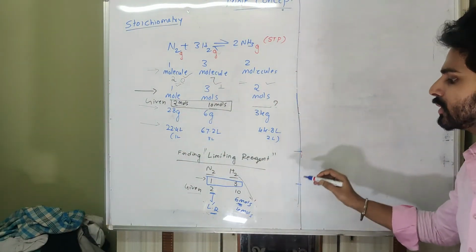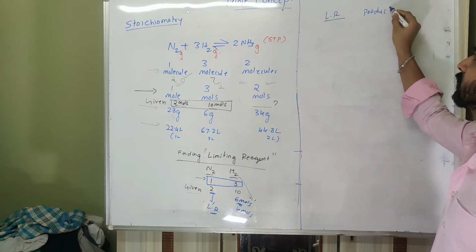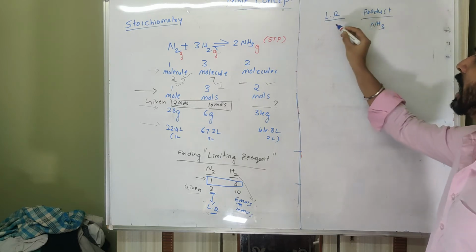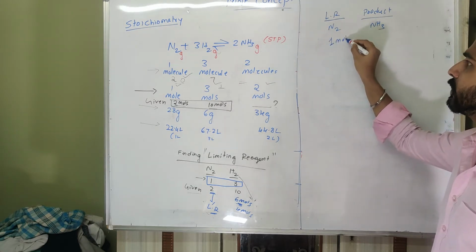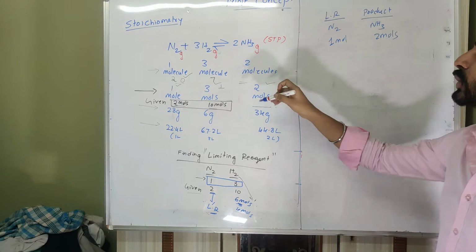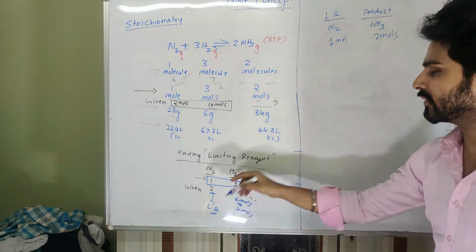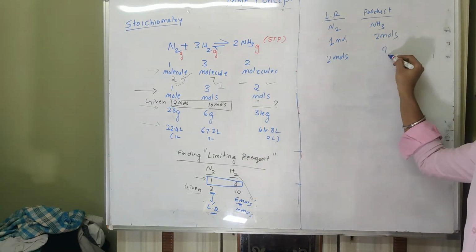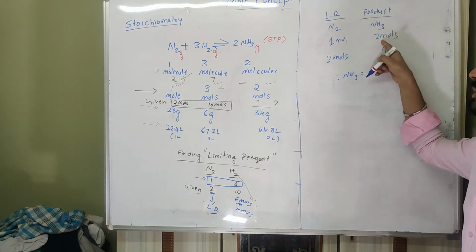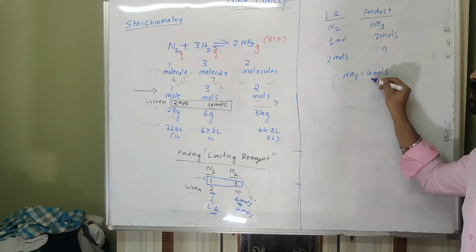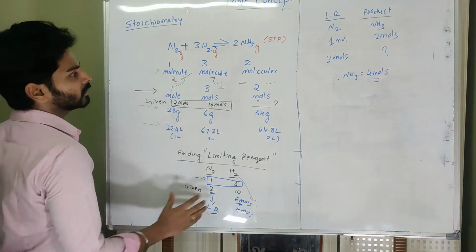Once you know the limiting reagent, next we compare the limiting reagent with the product. Here they asked for the amount of ammonia formed, and the limiting reagent came out to be nitrogen. The stoichiometric ratio says that 1 mole of nitrogen will give us 2 moles of ammonia, and what is given with us is 2 moles. So 2 moles of nitrogen will give how much product? 1 is giving us 2, that means double. 2 moles will give us 4 moles of ammonia. This is how we can calculate the amount of product formed out of a given amount of reactants.